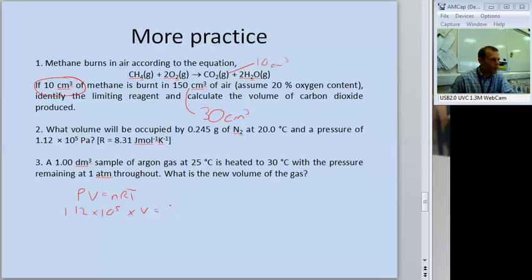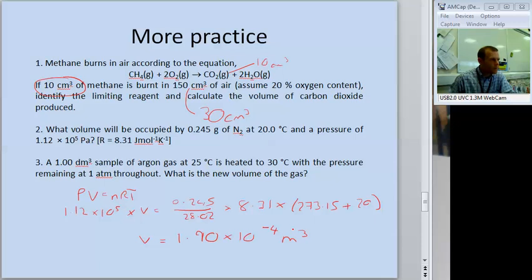Number of moles, we can work out, because number of moles is mass divided by mass of 1 mole, times R times T. And if we solve that for the V, it comes out to be 1.90 times 10 to the minus 4